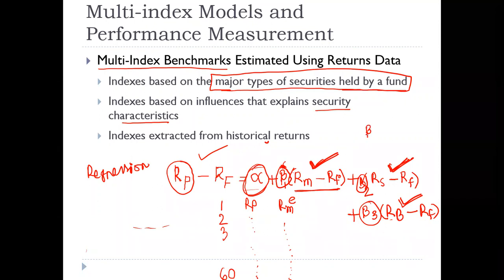And the procedure is to use this beta as an approximate beta for month 61. How many months have we taken? Up to 60, from the first month to the 60th month. How many years have been covered? 5 years. And if we take the market return of the 61st month,